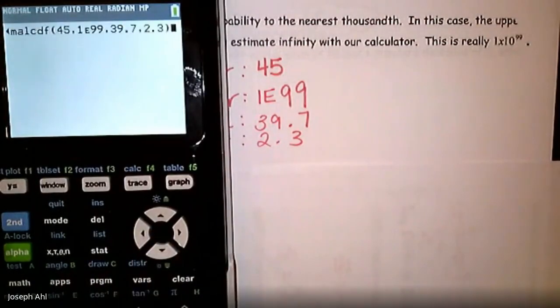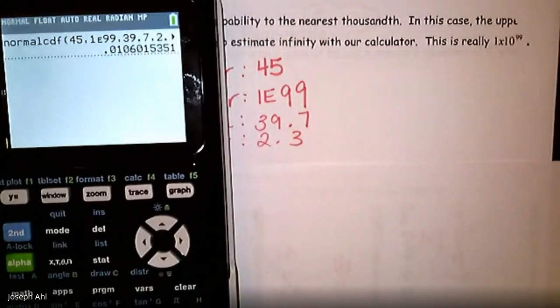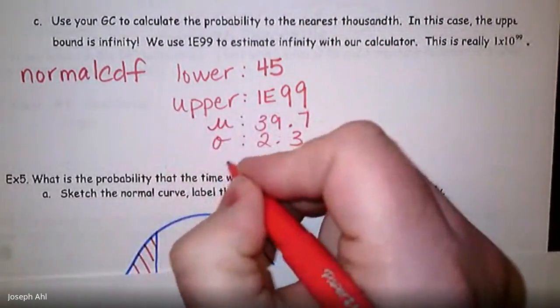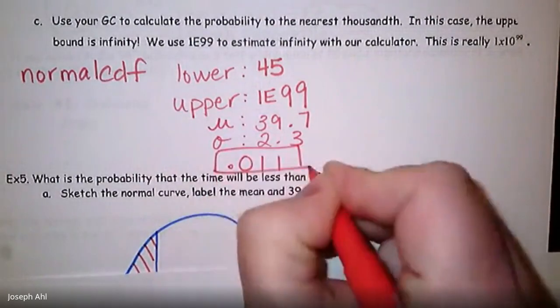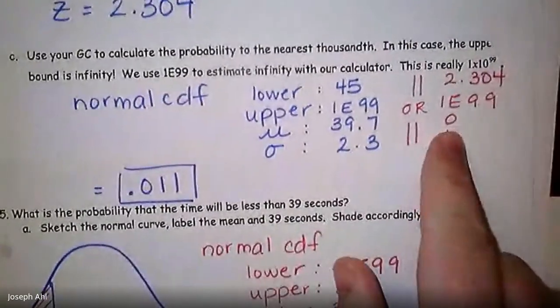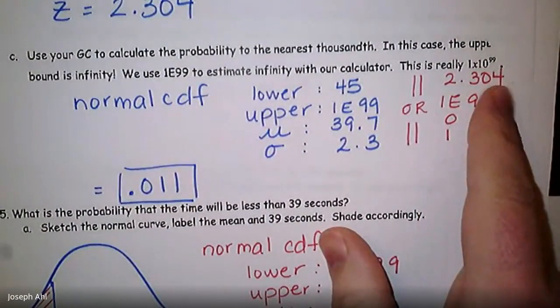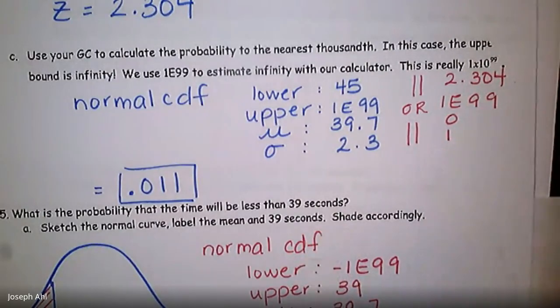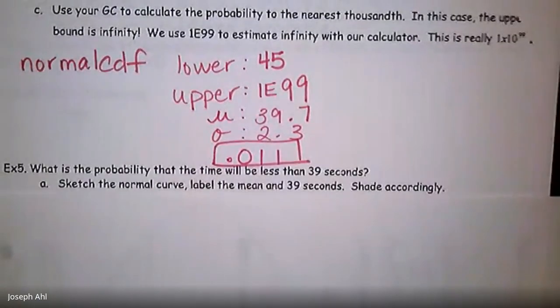Here's the standard deviation. Okay, if I paste that, we've got 0.011 to the thousandths place, right? So we knew that this probably wouldn't be very likely, but you can see if I calculate this as a percent, that's going to happen about 1% of the time. Just as a quick aside, you could have done this with your z-score of 2.304. Your upper bound would still be 1E99. And then just remember it's 0 and 1 for the keystrokes if you're using z-scores. Okay. Finally, what if I want to bound something below